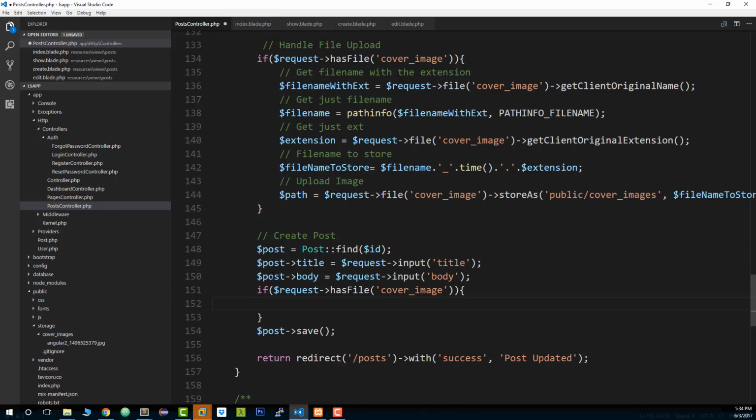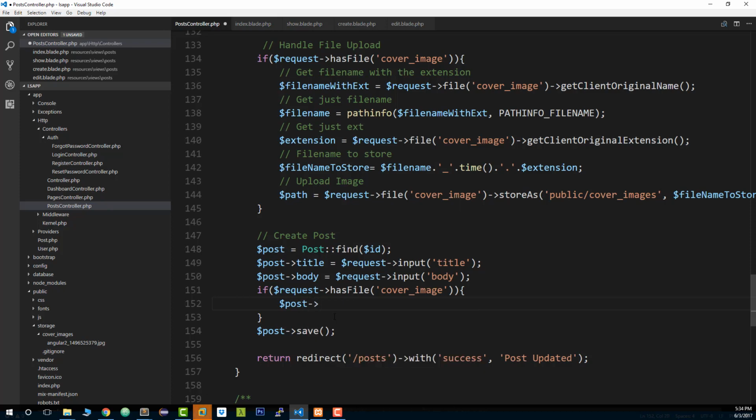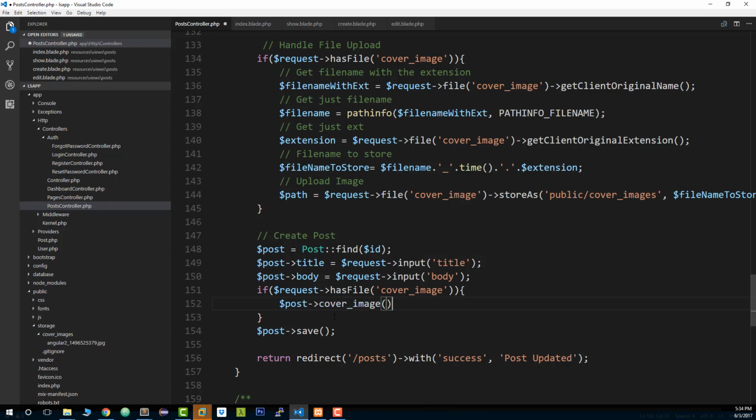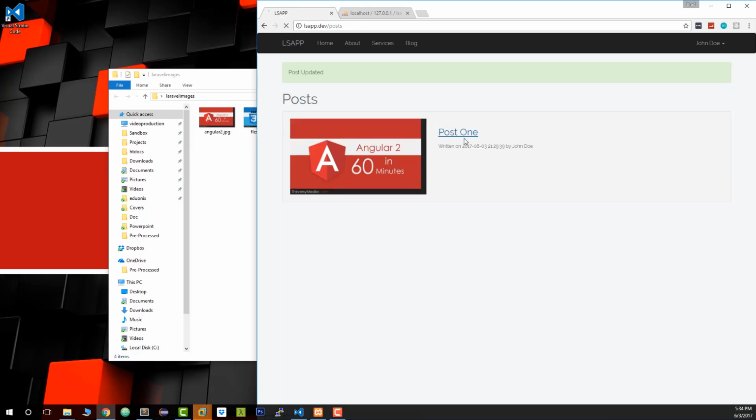And if they did actually upload a new image, then we're going to do post cover image equals, and then we want to set this to file name to store. Alright, so we'll save that, and then we should be able to, if we submit and we don't upload an image, it's not going to change. If we do,